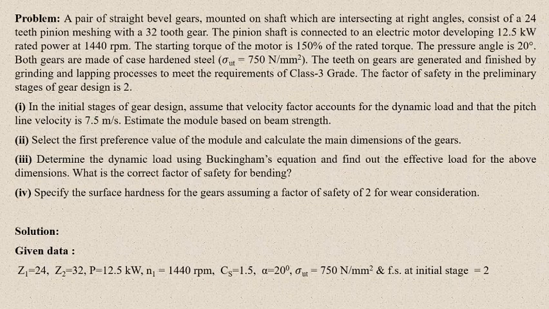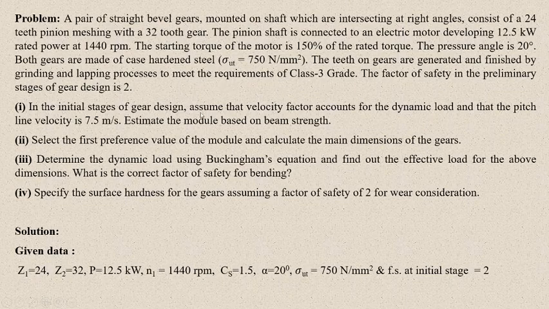The starting torque of the motor is 150% of the rated torque, that is service factor 1.5. The pressure angle is 20 degree. Both gears are made of case hardened steel. It means the material of both the gears is the same, therefore the weaker one is pinion. The teeth on gears are generated and finished by grinding and lapping process to meet the requirements of class 3rd